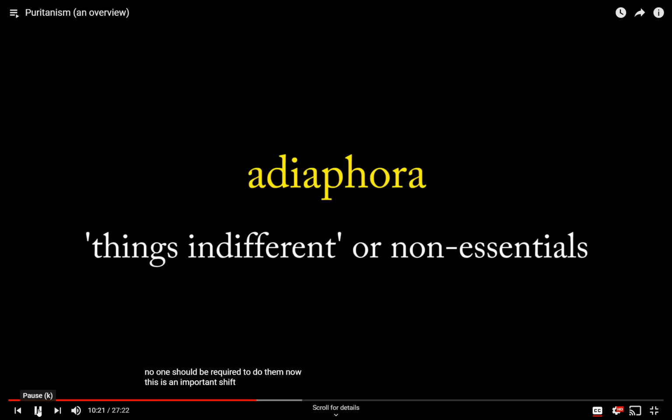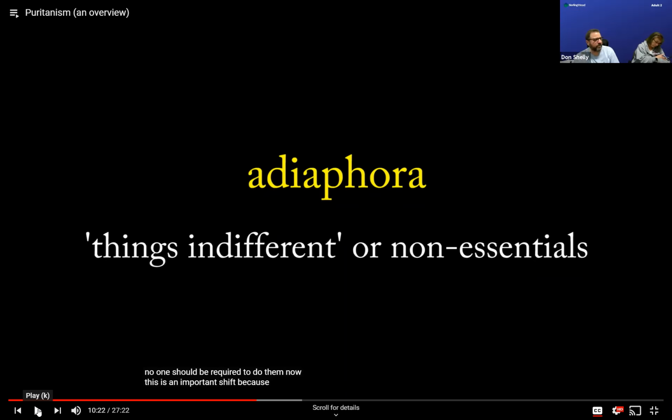Now, this is an important shift because we talked about this a little last week, but just to connect things in, this idea of adiaphora. So, anybody who wants to, how would you describe what it is? What is adiaphora? The color of the carpet. So that's an example of one. If it's not that important, it doesn't matter if I do it or not. But under Elizabeth, there was an important shift that if it's not important, then no one should have to do it. Yeah, and you understand the shift there.